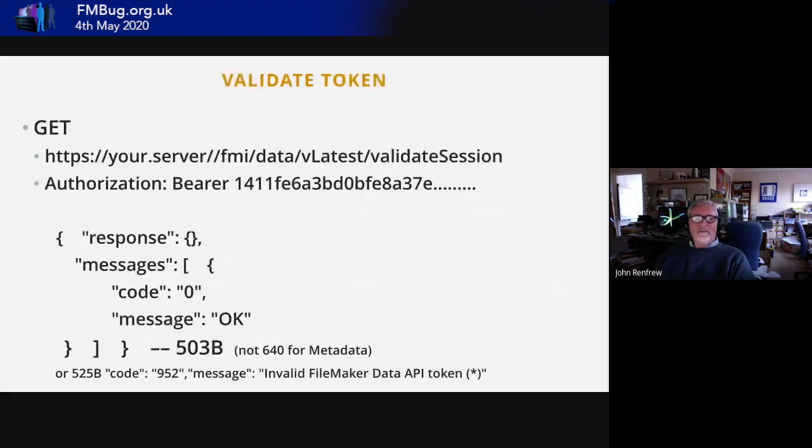Couple of other quick little things about the data API. Not documented in the middle of FileMaker 18, it only came along, not in the first version of Server. You can now validate a token using a URL at the top there. All you need to send in the authorization is a bearer and the token, and you'll get back an effectively empty message, hopefully with a 0 code, meaning there's no error. It's 503 bytes, against the method that I was using to check that the server worked, which was using the metadata endpoint. Or if the token is no longer valid, you'll get back a slightly bigger message with